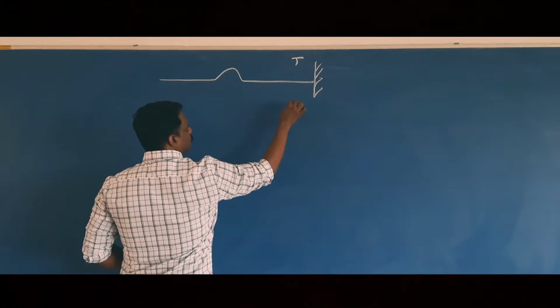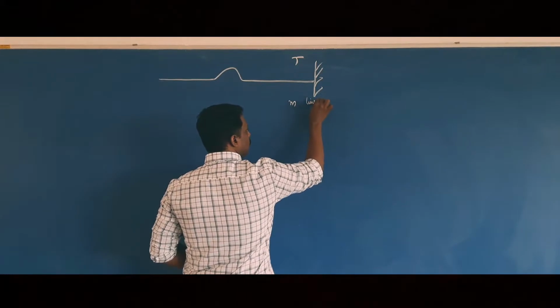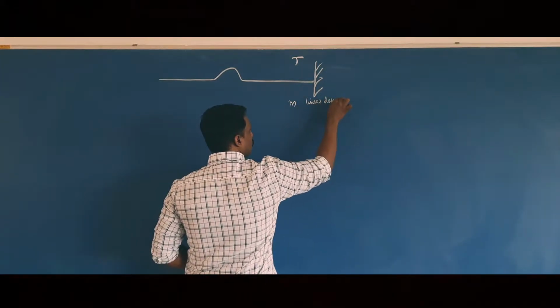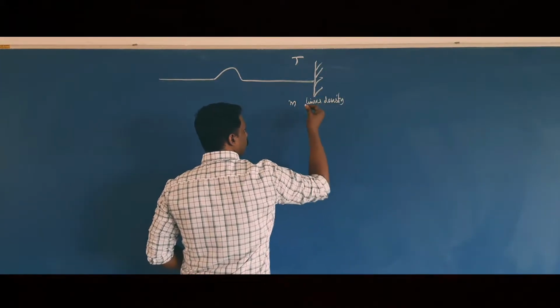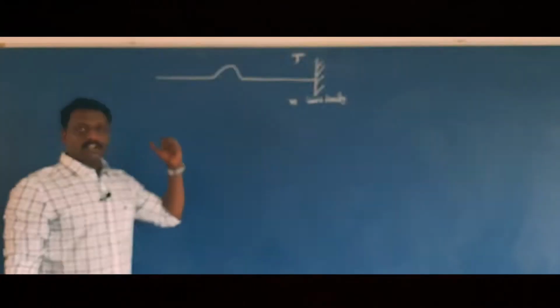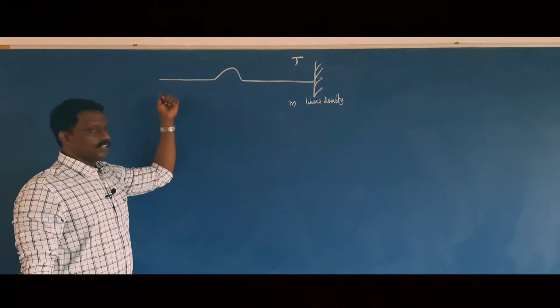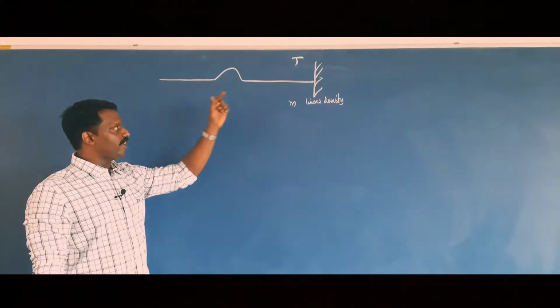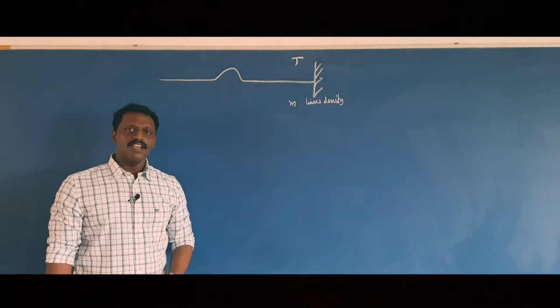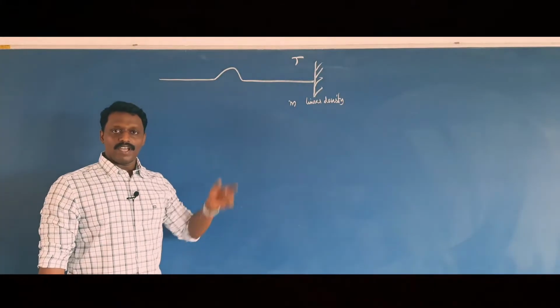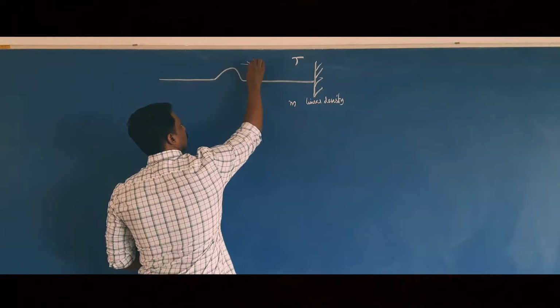So let us consider a string maintained under a tension T. The linear density of the string is m. M is the linear density. Linear density means the mass per unit length, which can be calculated by the ratio of the total mass of the string to the total length. The free end is held taut so that a tension T is maintained, and on giving a snap, a wave pulse travels through the string with velocity v.